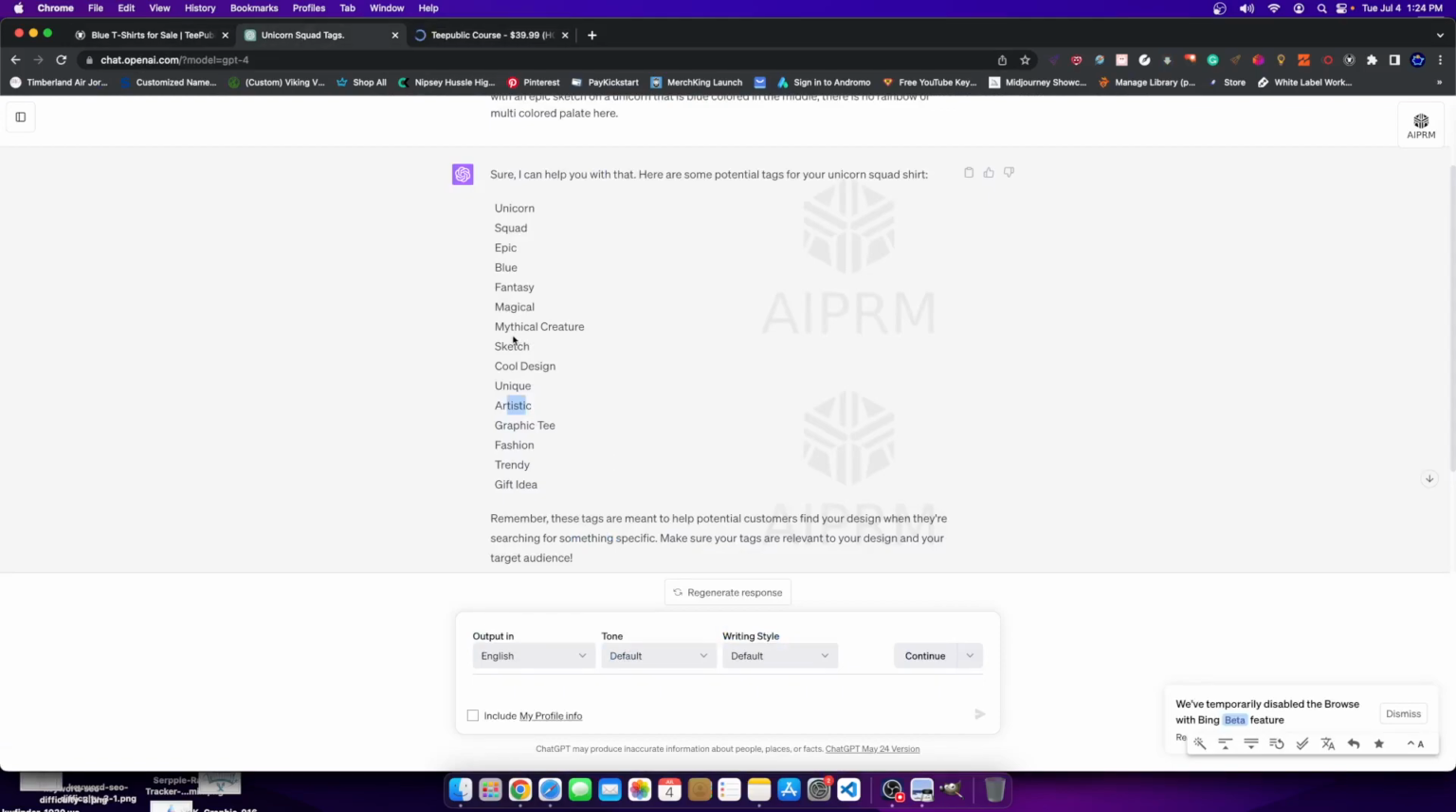We have, where were we? We have Unicorn Squad, Epic, Blue, Fantasy, Magical. Once again, too general, right? Could potentially apply. I would give it maybe a 3 out of 10, but not enough here. Mythical Creature, I would give it a 4 out of 10 as well, because this does apply. The unicorn is a mythical creature, but it doesn't specify here, and specifically doesn't relate to unicorns and the concept